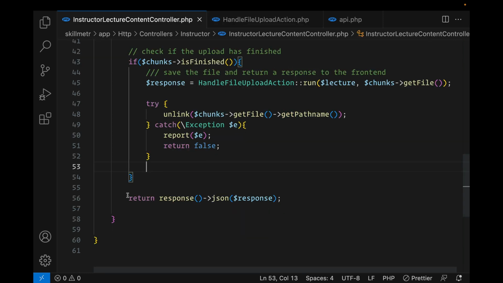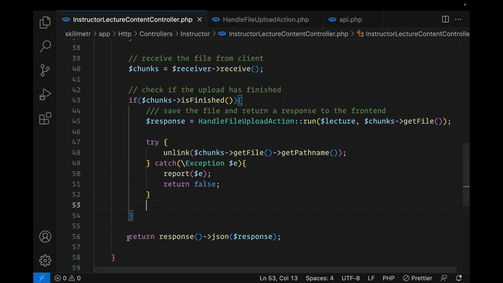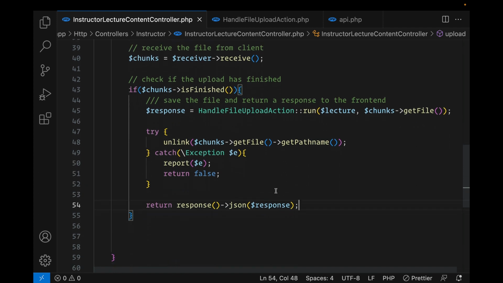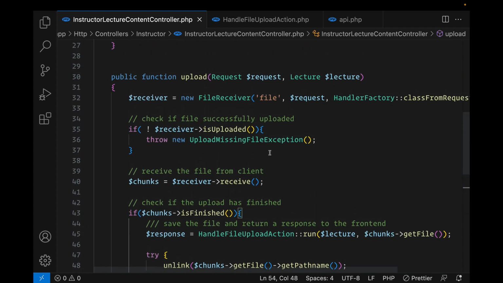Now let's get back here, and I just realized that I'm returning the response outside of the finish check. So this should actually be in the finish check. I want to know that the video has been completely uploaded before we return the response to the front end. All right, so with that little change done, let's go over to Postman and send in a request with